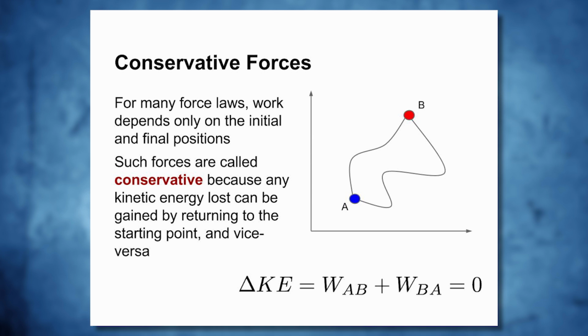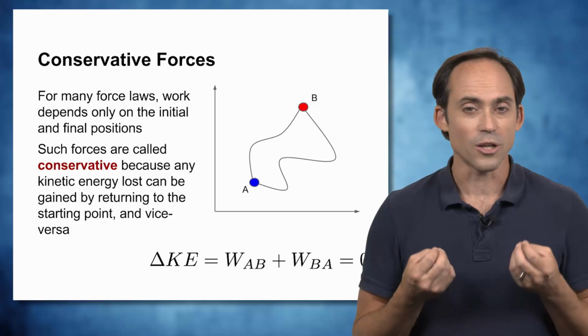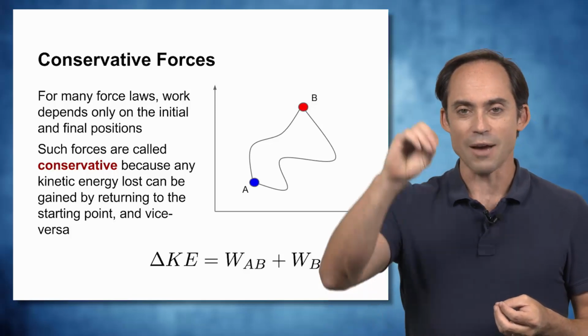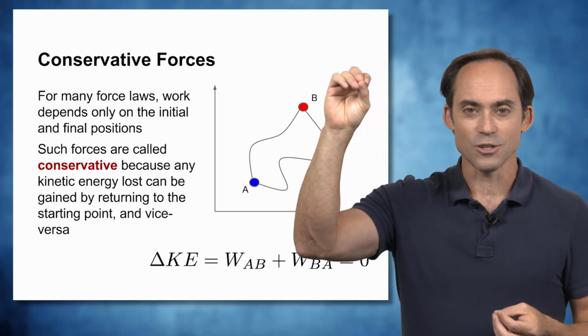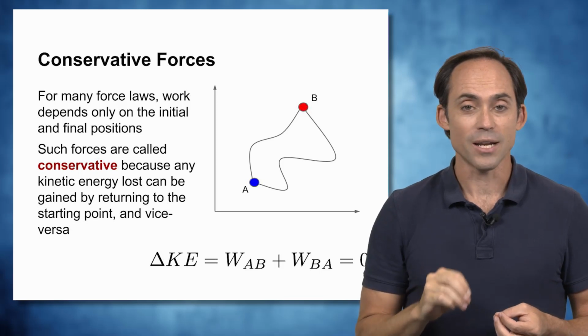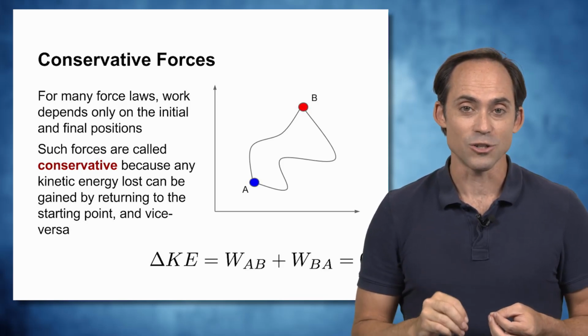So we have a whole class of forces that we call conservative forces, and those forces satisfy this property that the work done, or the change in kinetic energy, only depends on the endpoints and not the specific path that the object follows. And this is called a conservative force because you can imagine if you start at a point A and travel to point B and you have some change in kinetic energy, by going back to point A, by any path you want, you're going to end up with exactly the same kinetic energy